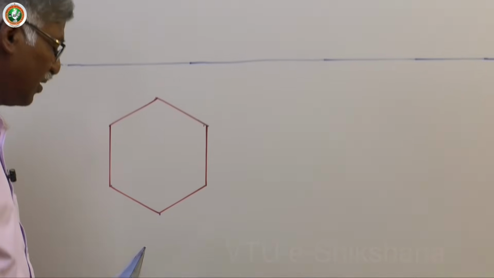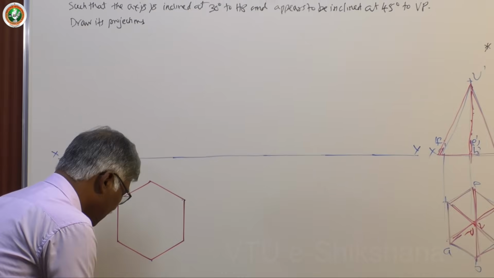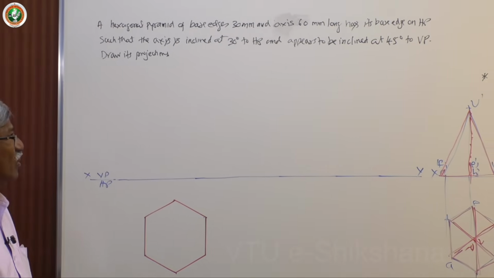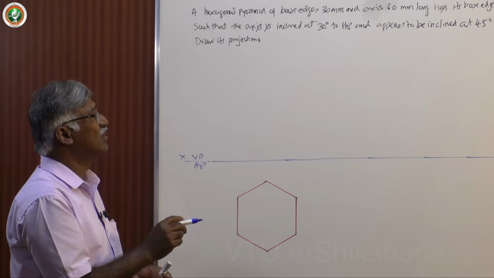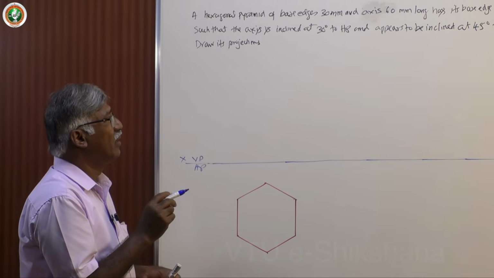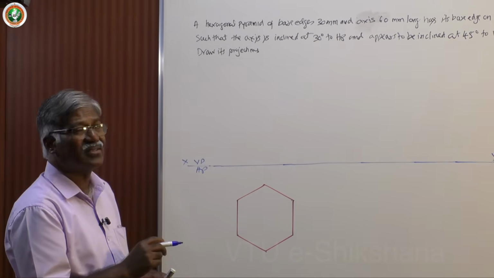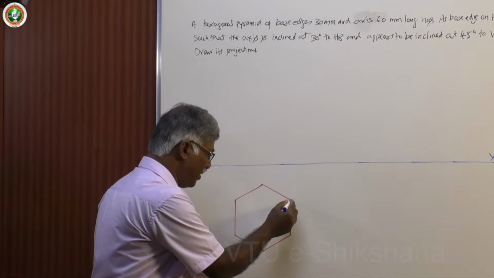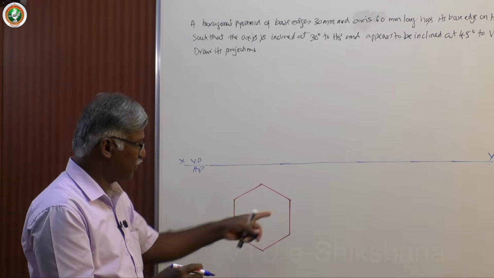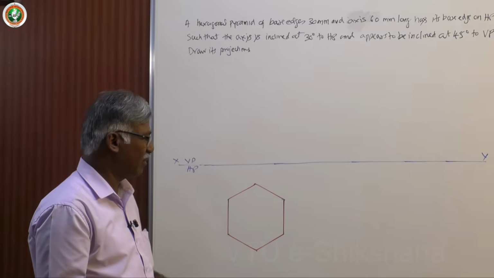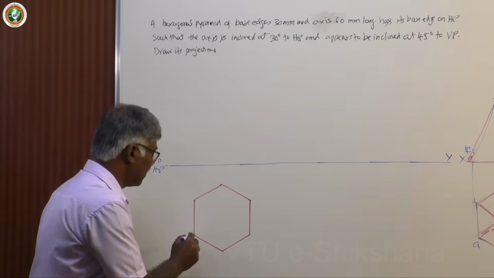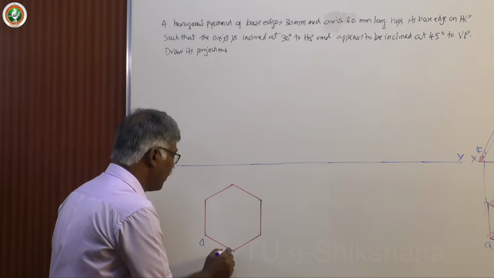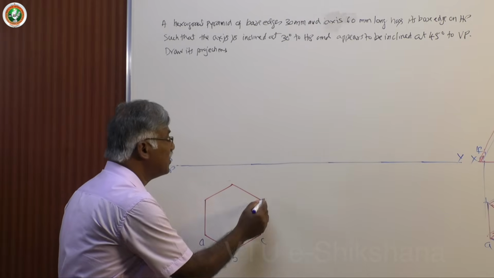Now let me continue with the actual problem. Hexagonal pyramid of base edges 30 mm sides and axis 60 mm long has its base edge on HP. So the item to be placed on HP is always perpendicular to HP. That we have discussed many times. Now let me start, assume that I have worked out the top view as hexagon A, B, C, D,